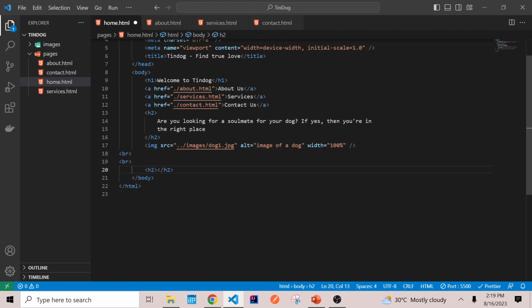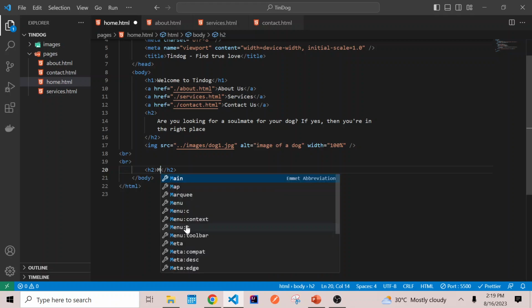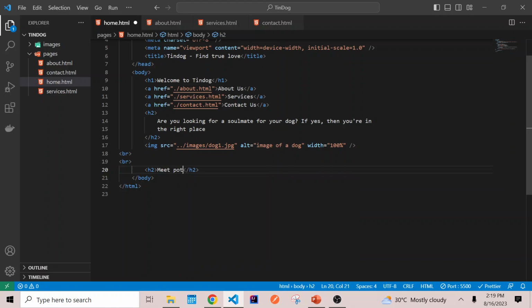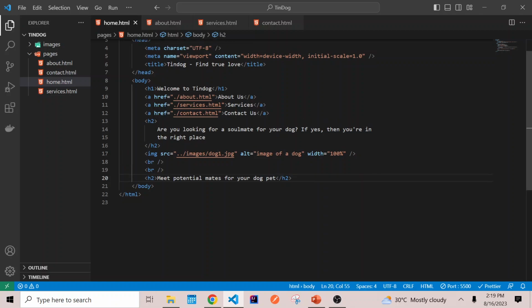What do I put here now? Let's say, meet potential mates for your dog pet. Okay, and then what we want to have here now is, let me save it so that it will get